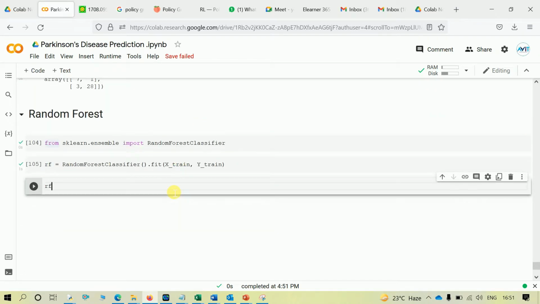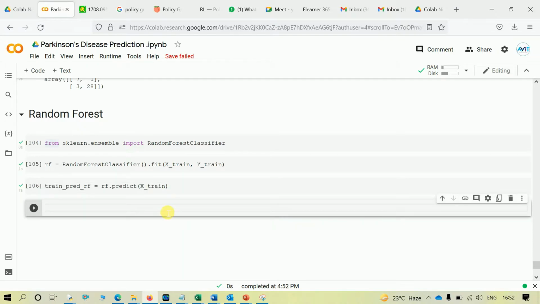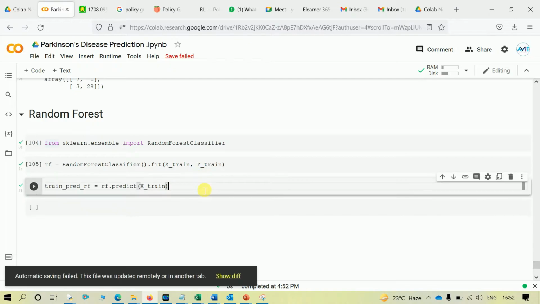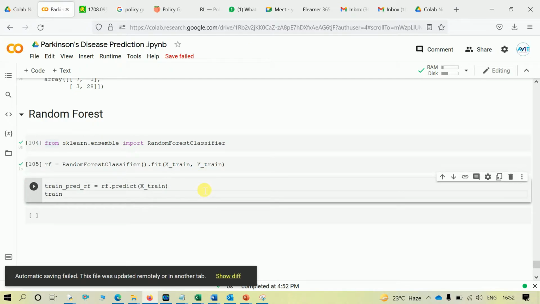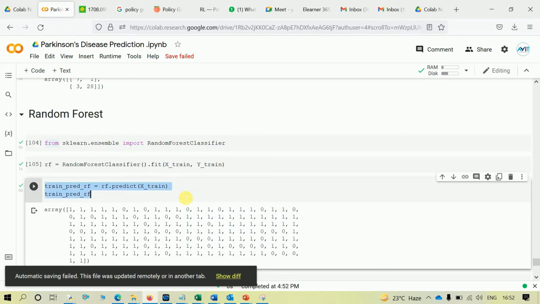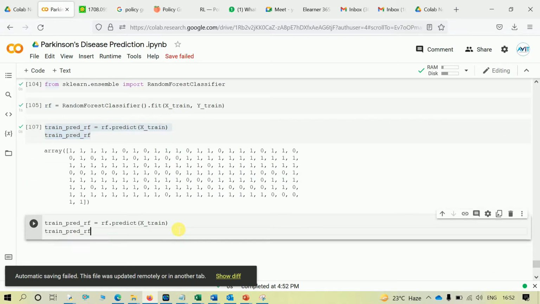Let's write our variable train prediction rf is equal to rf dot predict, and I'll write here x train. And let's print this out, train pred rf. So this is our prediction for the training set, and this is for the test set. Here we have to provide the test set.